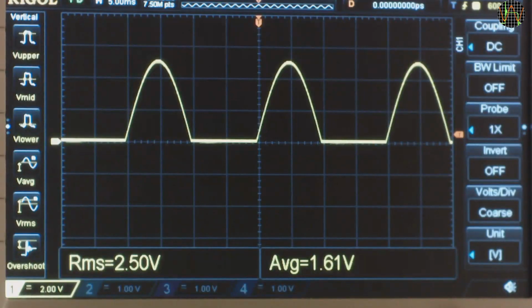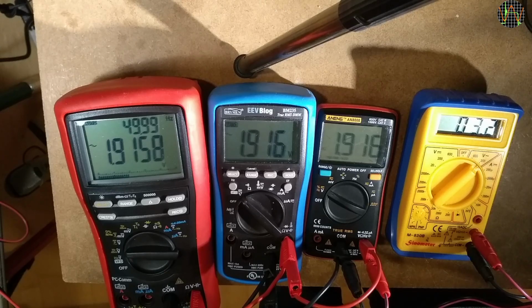For good measure, I include a sine wave after a single diode rectifier. Basically, the negative half wave is simply cut off. V peak is 5 volts and we have a positive average of 1.61 volts and an RMS value of 2.5 volts. As with the full bridge rectifier case before, all 3 True RMS multimeters agree on an RMS voltage of